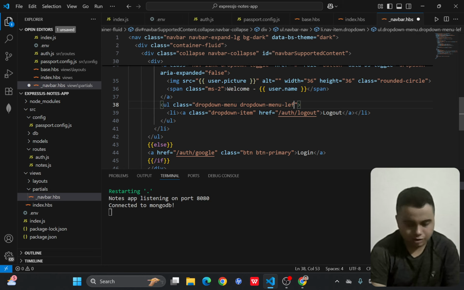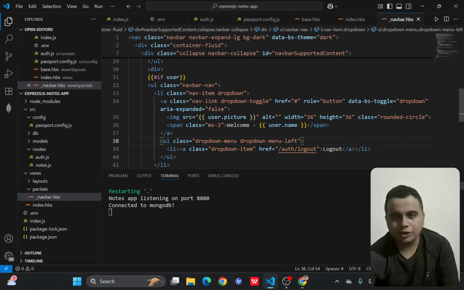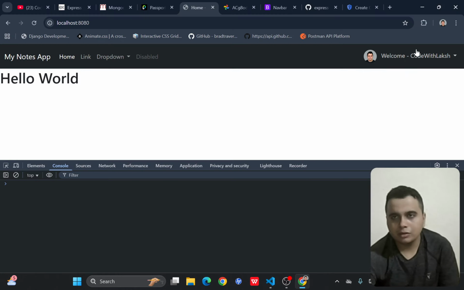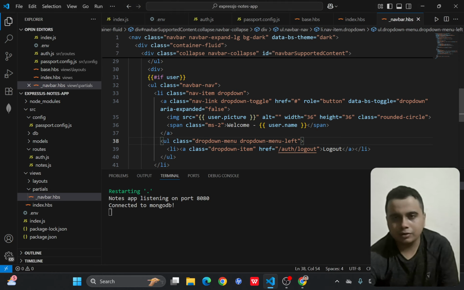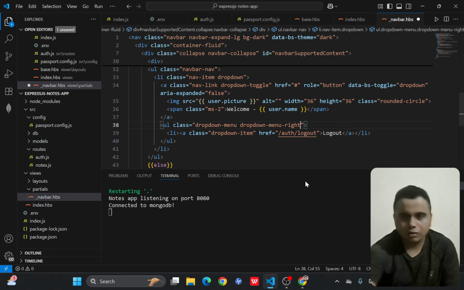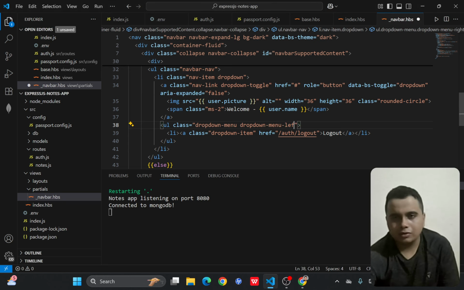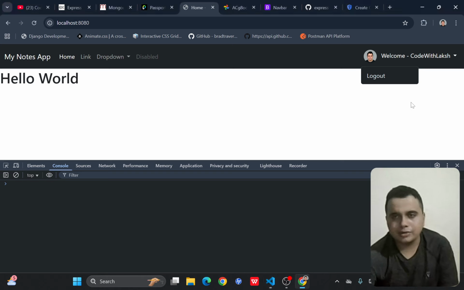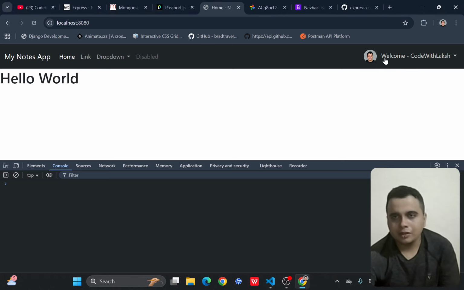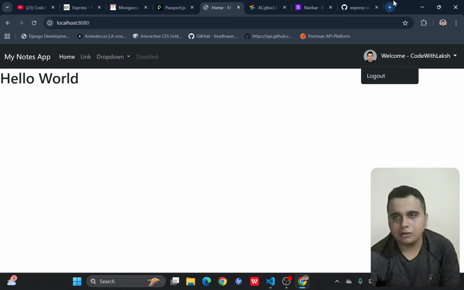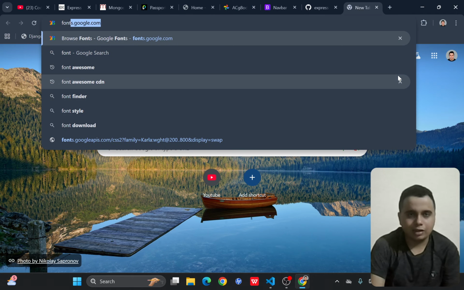I think this is something that will position the drop down menu to the left. I don't think we need this position. It's fine. Okay, it's fine. Now, if you want to also introduce some icons, you can do something like go ahead